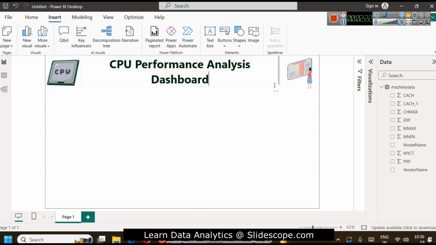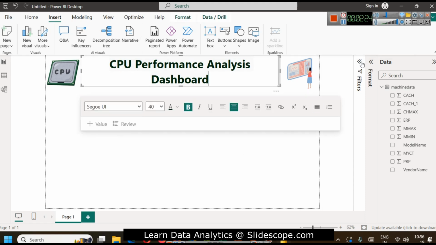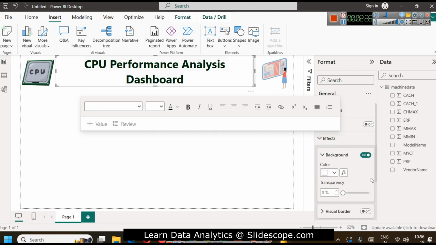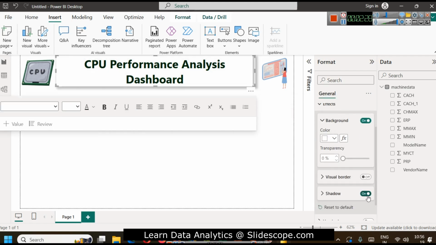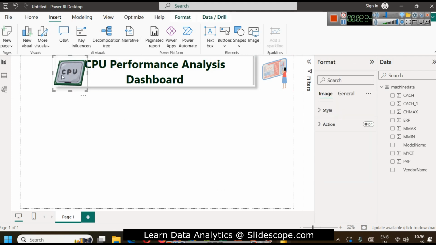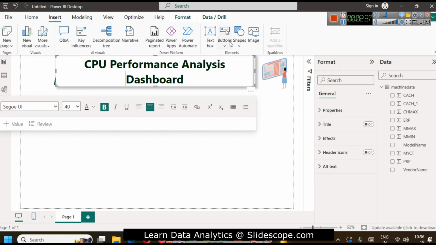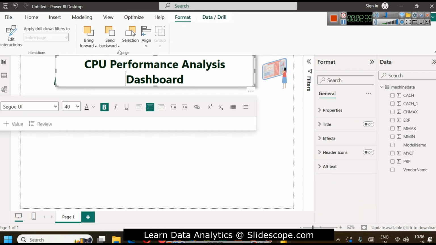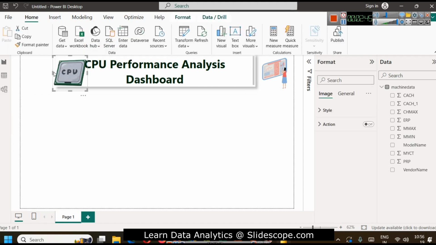After writing your title, you can see the format option here. From effects, you can enable some shadow so that your headline is defined. This is something that you can keep over here. Then go to format and say send to back. This way you can arrange your